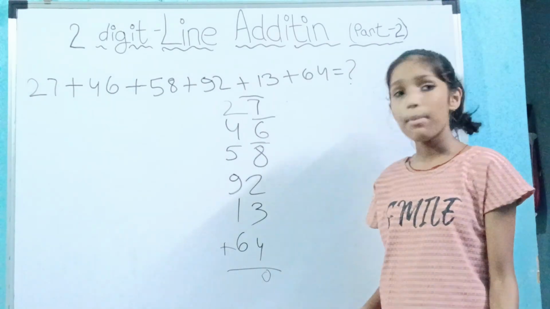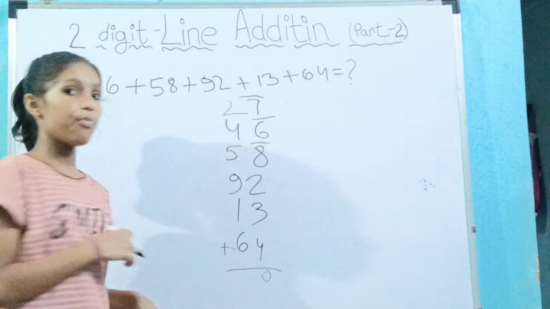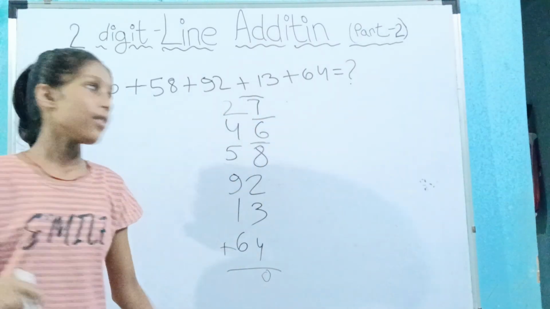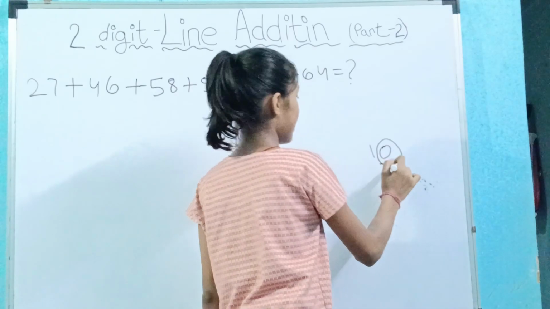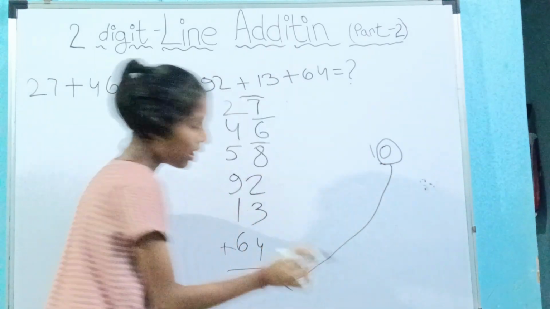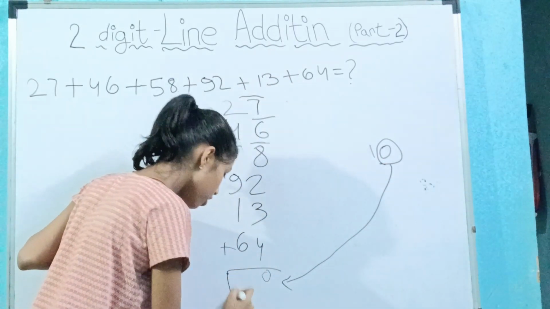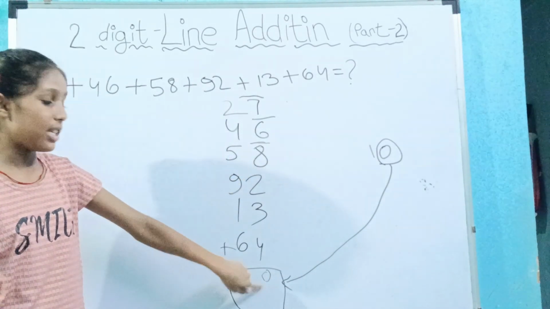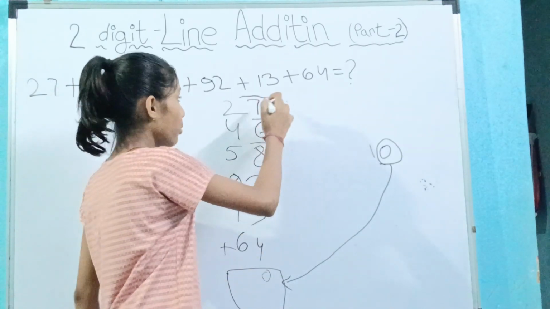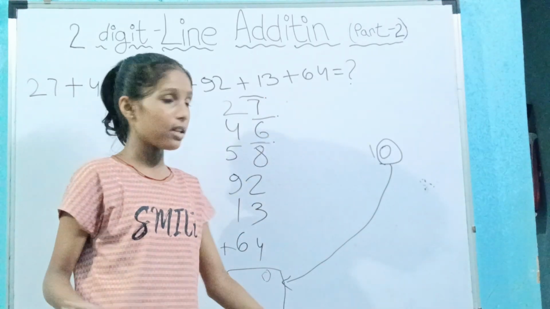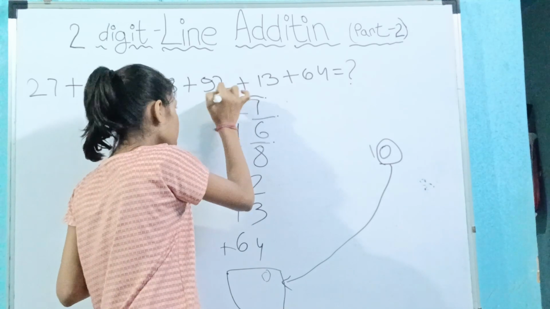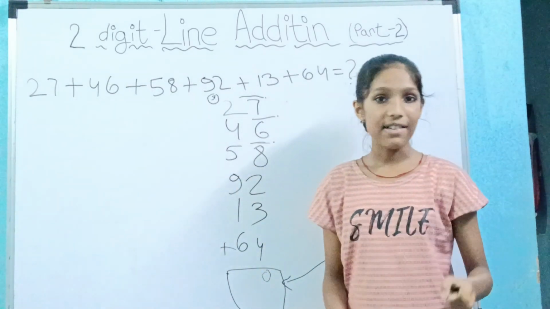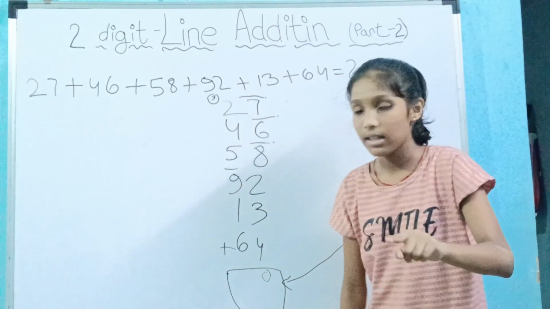You write 0. Because, as I told you in part 1, if you get a bigger answer, you don't need to add it. Whatever number you get, we are getting 10 here. So the number which is in the first place, we are bringing it directly to the solution part. We are going to write the answer in this board. Now I count the lines. 1, 2, 3. 3 lines there are. We'll make a small 3 here and you can circle it if needed. Now add them up. 6 plus 1, 7. 7 plus 9, 16 again, 2 digits I mean.